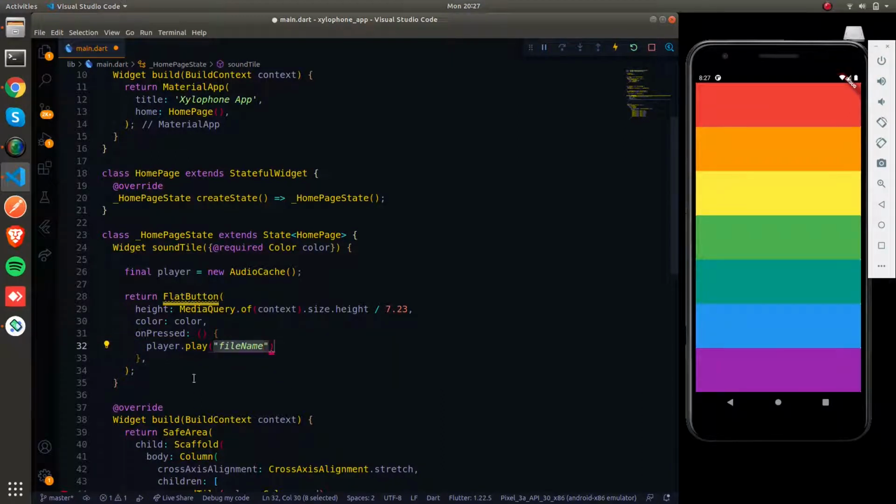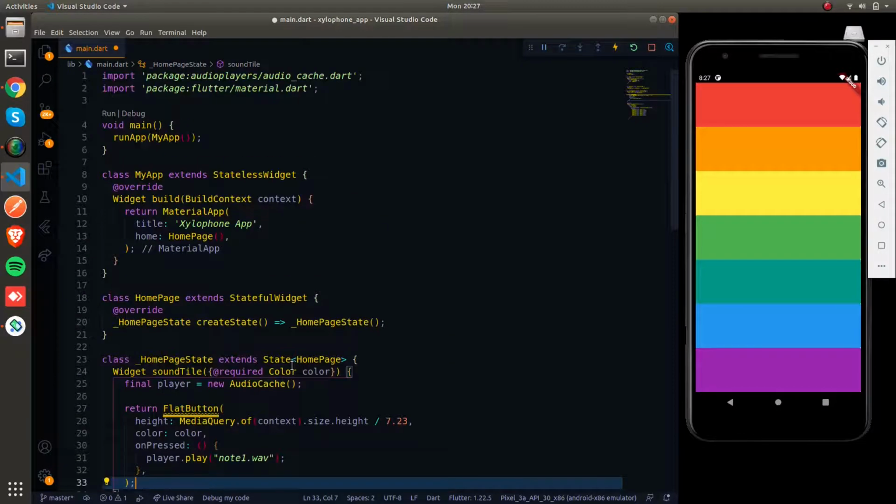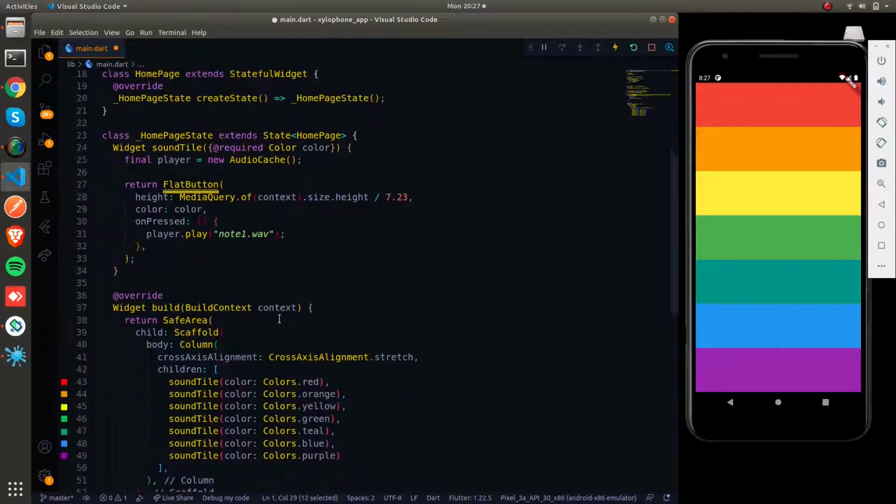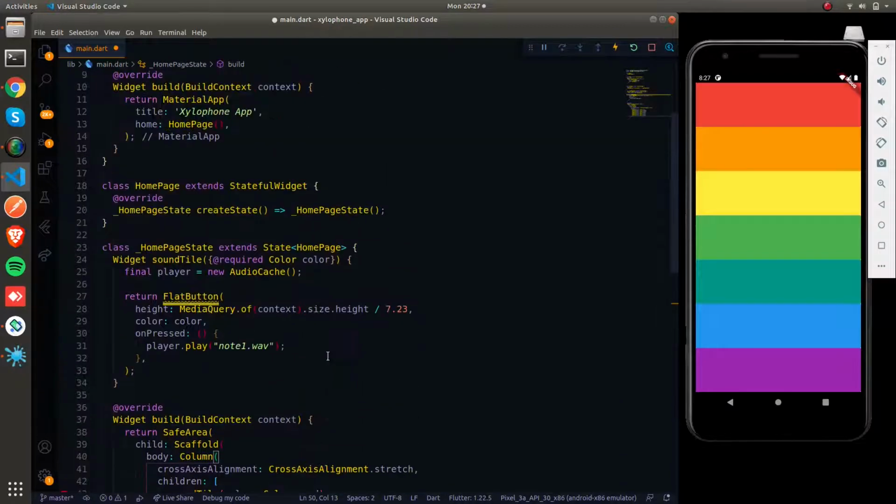By default, this play method has assets, so it gets prefixed by assets, so you don't need to include assets slash. So now you can specify the file name, so note1.wav. So this is the library audio_cache.dart in the audio players plugin. So now okay, let us test whether the sound is playing or not.